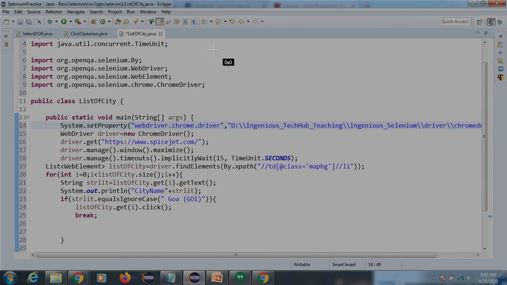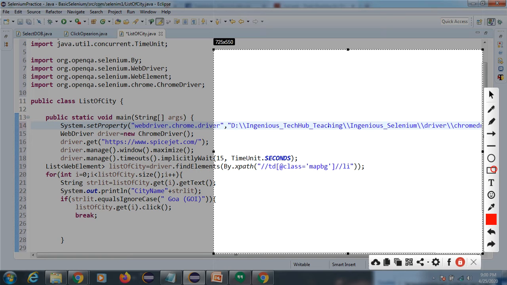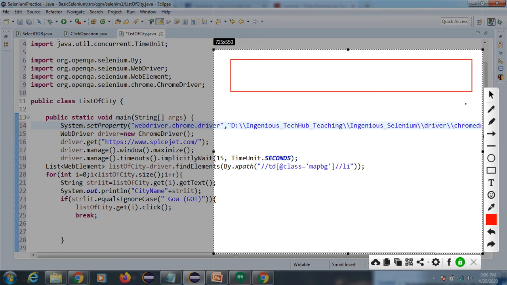Okay, so here we have the list. List is an interface which is available in the collection. List can store homogeneous and heterogeneous objects without size limitation. List can store duplicates, if you compare it to another collection, right? So I will explain this list part. I think in the evening batch I already discussed this collection.